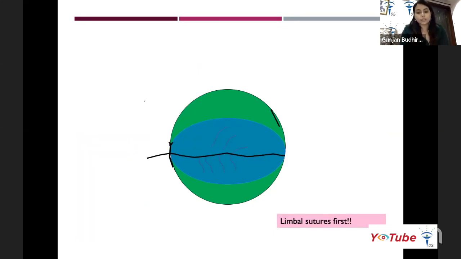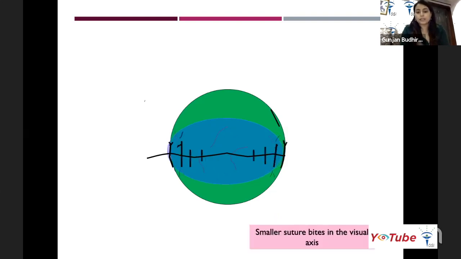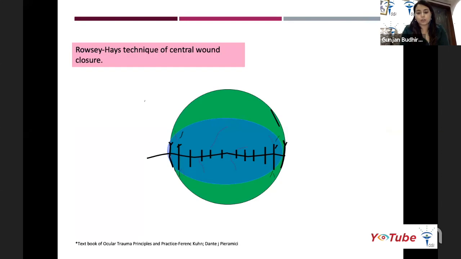So we'll first apply the limbal sutures because it's an anatomical landmark, as rightly described by Dr. Sonal. We have to keep on applying the sutures, and as we go towards the center, we have to make the bites shorter. This was a well-known technique devised by Ropes Hayes, the technique of central wound closure,